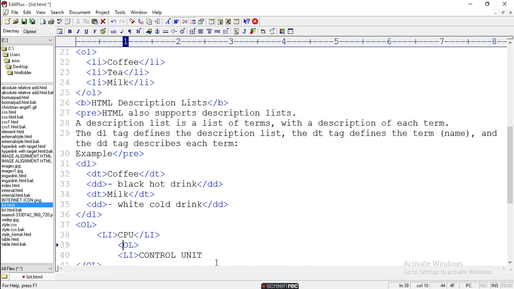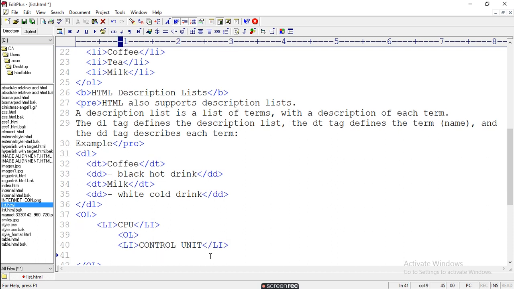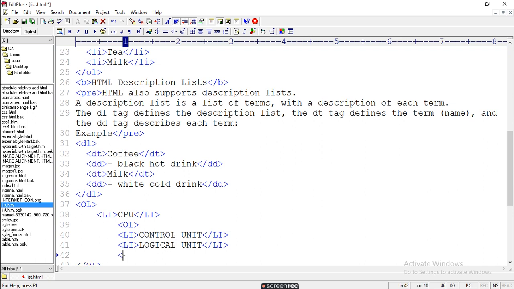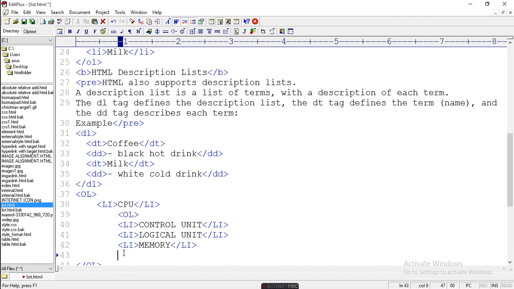Control unit, then logical unit, and here you have to write li and li, and then again li and memory. Suppose this is a part of a CPU and you have to write it in a list, in a nested list, so you can write